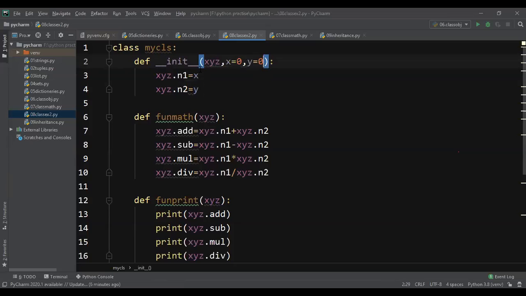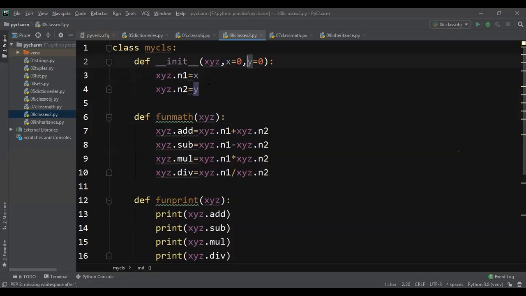Now here, the X value I'm initializing as a variable called N1. That is a variable of this particular class, and the reference is XYZ. XYZ.N1 means N1 is the variable. In that N1, I'm storing X, and this N1 belongs to this particular class.